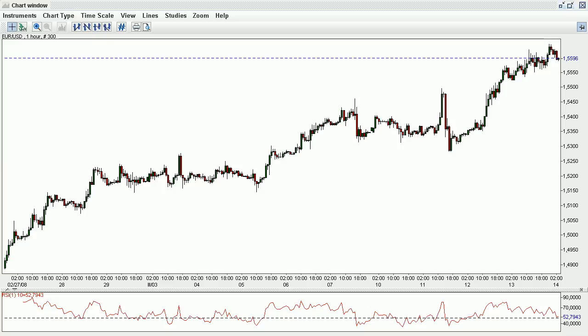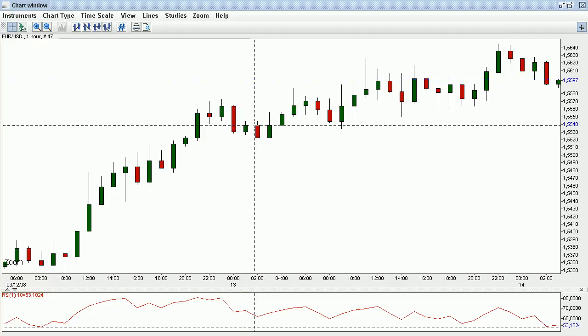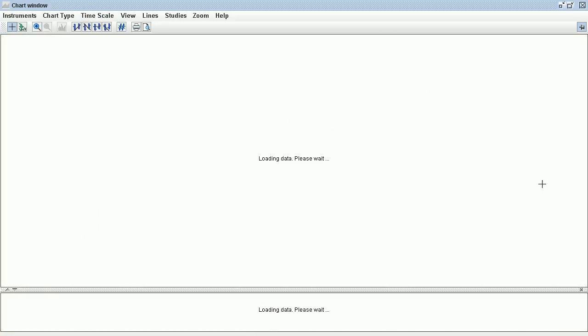Today is Friday the 14th of March 2008 and we are currently looking at the euro-dollar currency pair. What's happened today was pretty much we had more advances to the upside, and this was contrary to what I expected to happen on the markets, since yesterday I was spotting this area here, which was the level of 1.5540 approximately. That might be a turning point, and we see from when we go to the daily chart that's